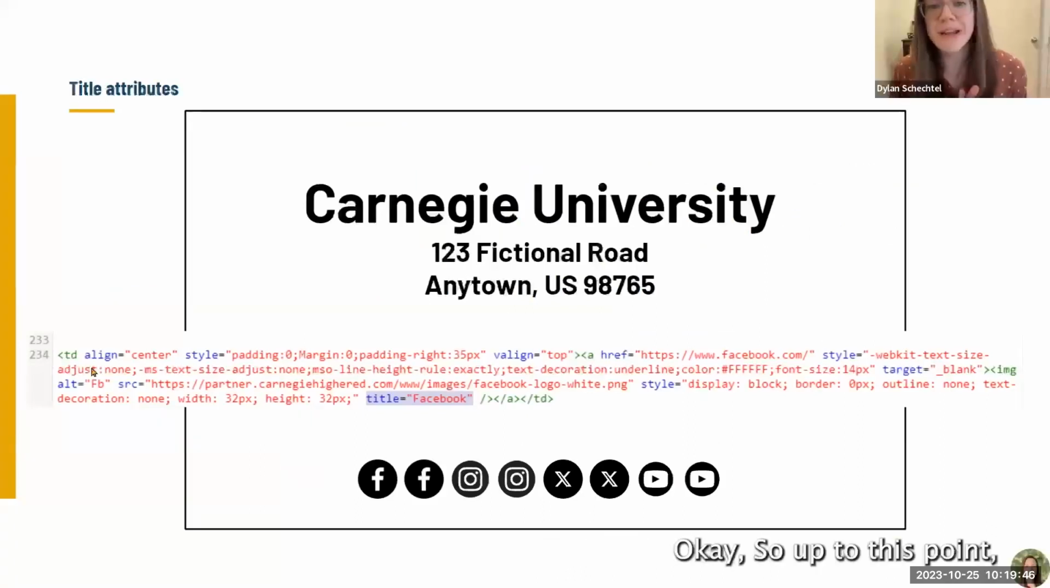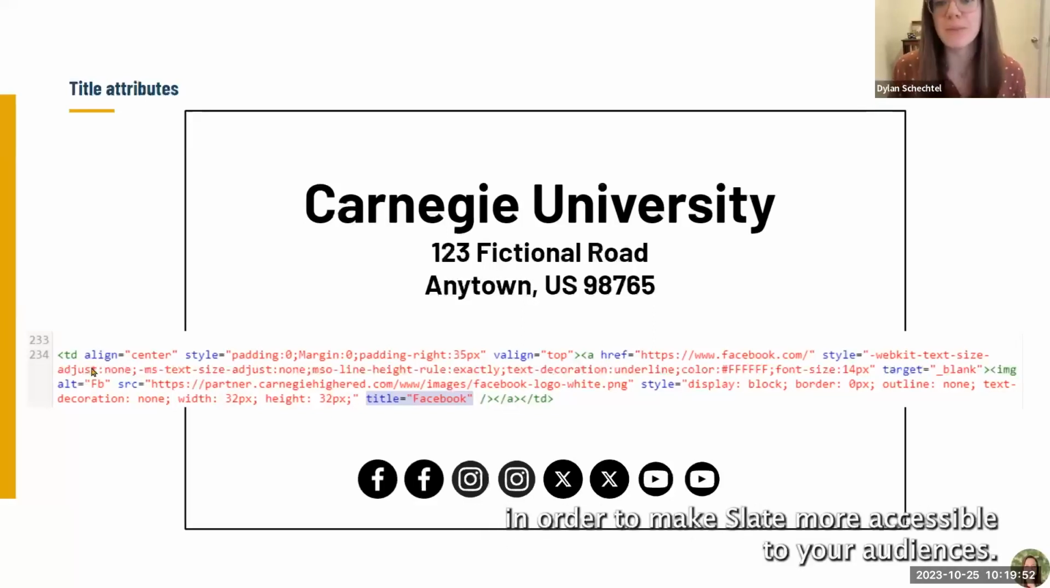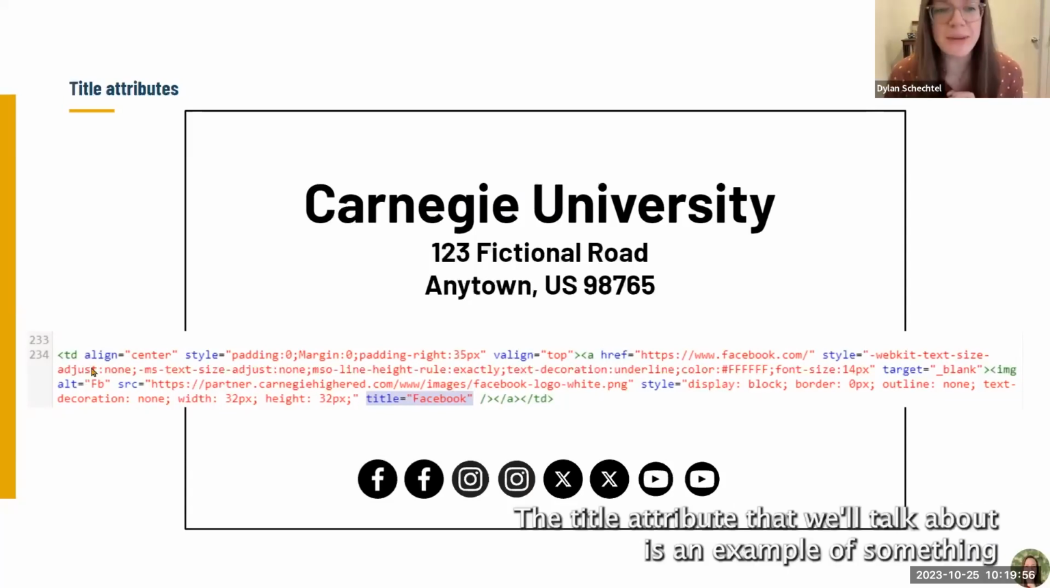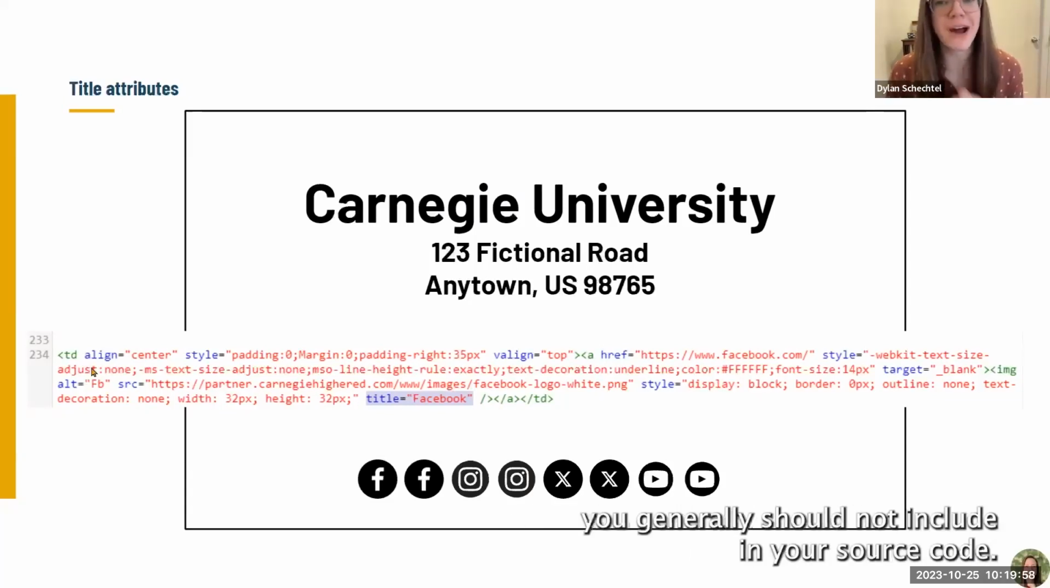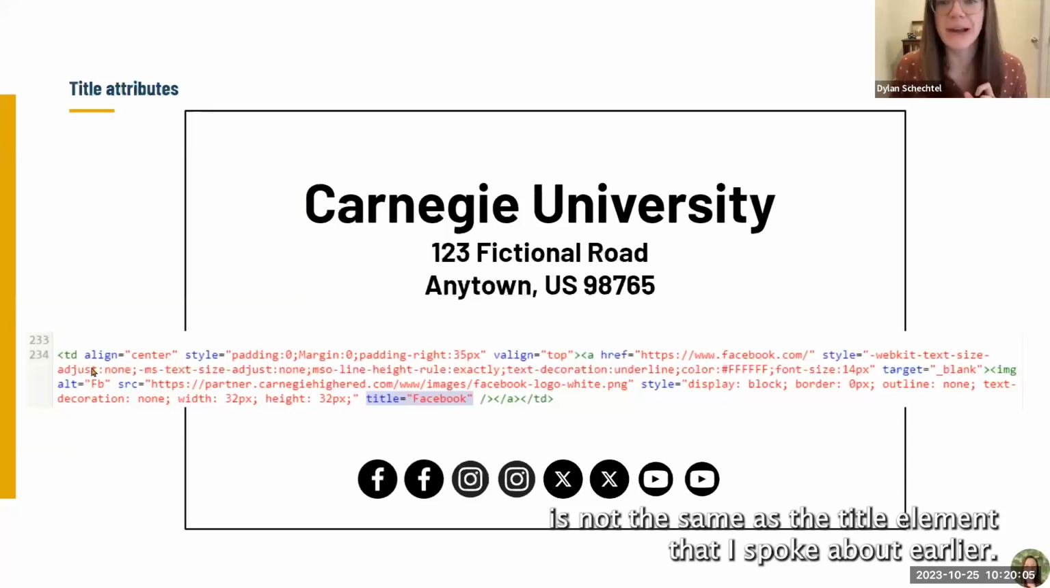Okay, so up to this point, Nick and I have covered recommendations of things you should include or should do in order to make Slate more accessible to your audiences. The title attribute that we'll talk about is an example of something you generally should not include in your source code. I do want to clarify that the title attribute is not the same as the title element that I